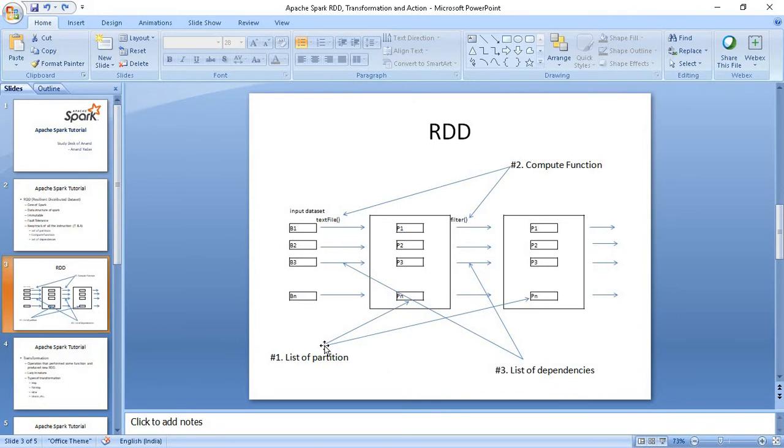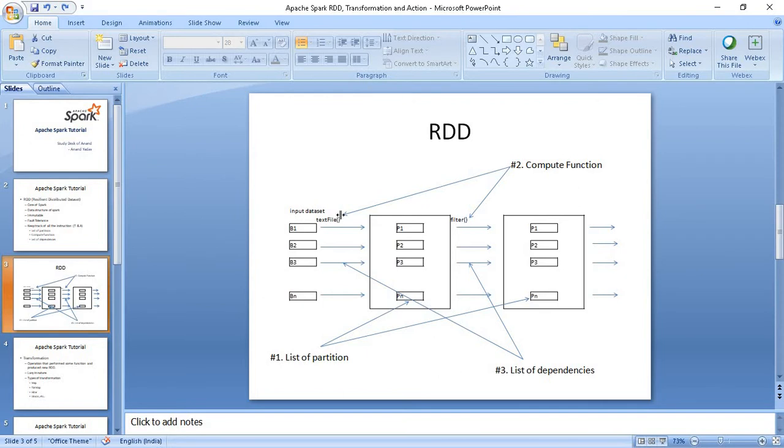In the partitions, the actual data can be stored. This is the first property of RDD, and this information is stored in the RDD: the list of partitions. The second piece of information which RDD has is a compute function. In this graph you can see that textFile is a transformation, one of the operations we are performing over the input data set.